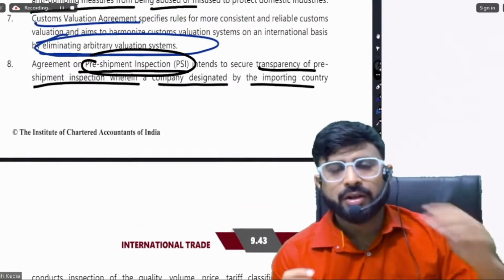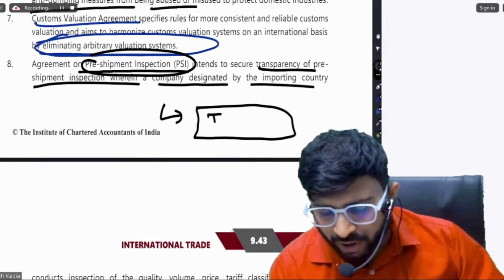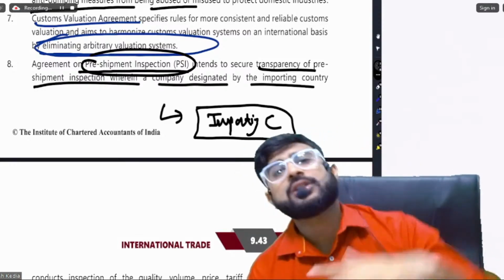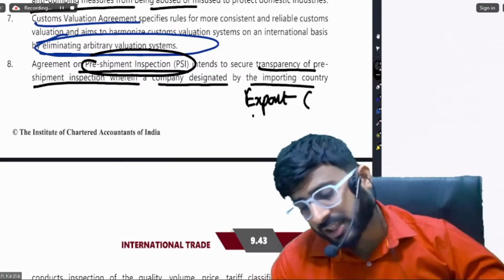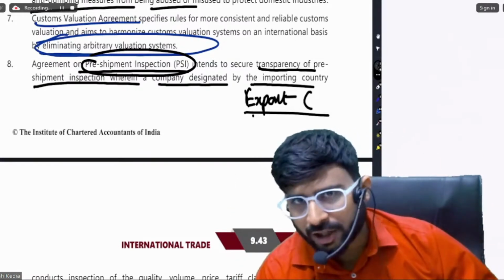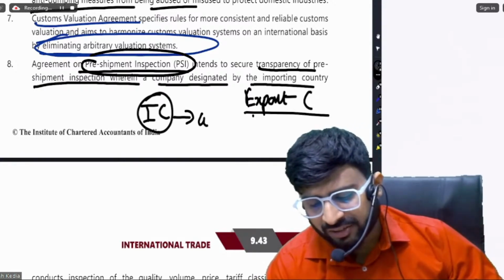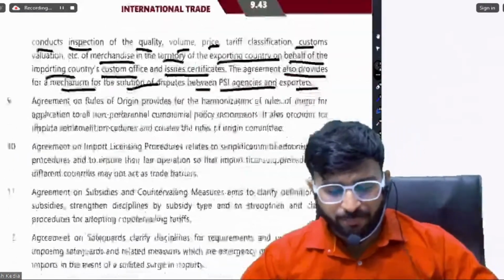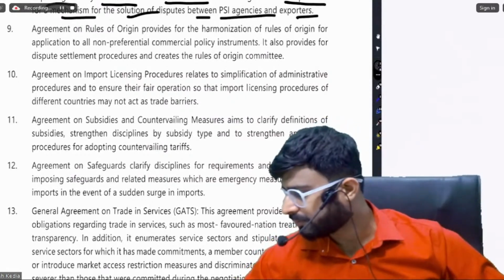Friends, what is happening is that initially pre-shipment inspection was not happening. So when the product used to come into the importing country, the importing country people would say, no, no, the product is of low quality or the product is of high value, etc. So now the rule is that the product will be inspected in the exporting country only, before shipment. That is, before being put into the truck or in the ship. And who will check? The importing country's custom officials or people on behalf of importing country's custom officials. So that is called pre-shipment inspection. So that later on you cannot say that no, we do not agree.